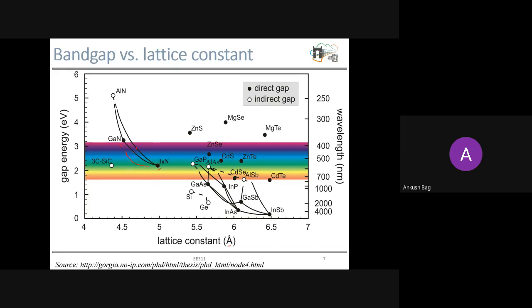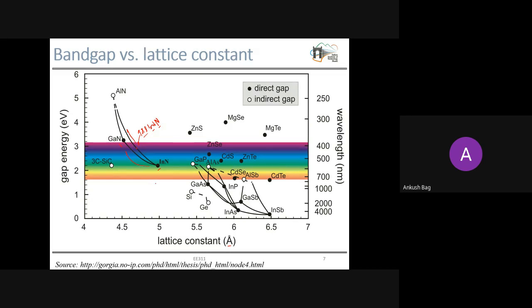Let's say this is aluminum nitride, and this is indium nitride. Here we will have some material which is aluminum indium nitride. So all three atoms will be there in this semiconductor crystal. If we go towards this, the aluminum share will keep on increasing in this semiconductor, and the indium share will keep on decreasing. Now what is happening in terms of lattice constant and the band gap? This is very, very interesting.